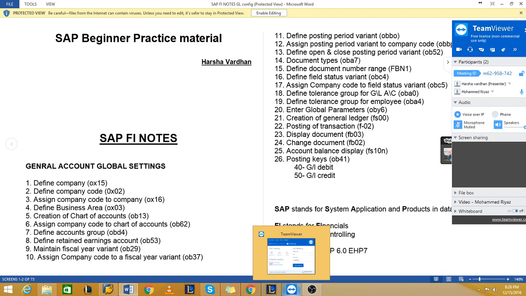Normally when you are posting an entry, you will write purchase account to cash, like that. In SAP, what you will do is give an account number, or you can give an alphanumerical one also. That account number is not mandatory to be alphabetical or numerical, it can be anything, alpha or numeric. Mostly they will be using numerical GL account numbers, so that it is easy for you to understand.